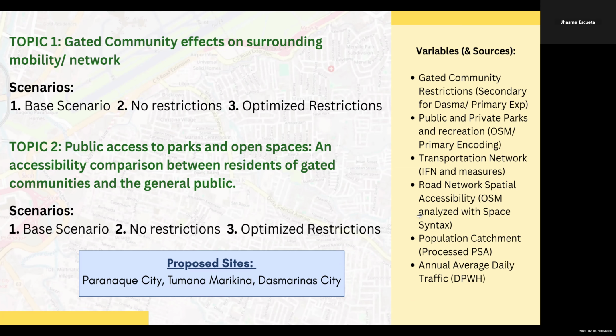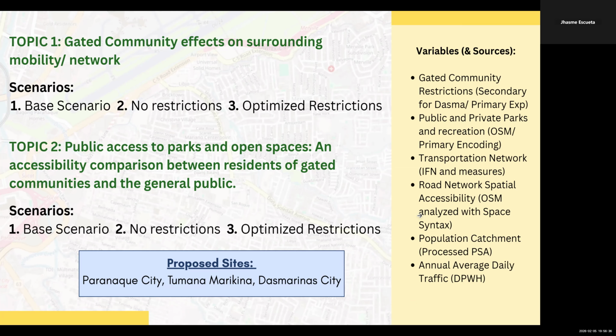So our proposed sites are located scattered across the National Capital Region and also in the outskirts. In Parañaque City, as I've mentioned, we have a lot of gated communities, and they really offer shortcuts, but you cannot use those roads unless you have some kind of sticker you have to purchase every year. Here's the map.